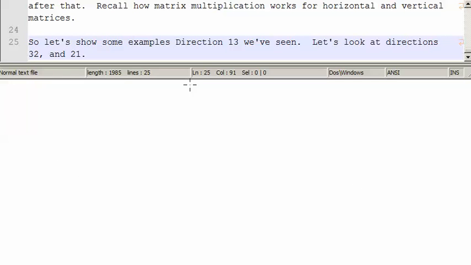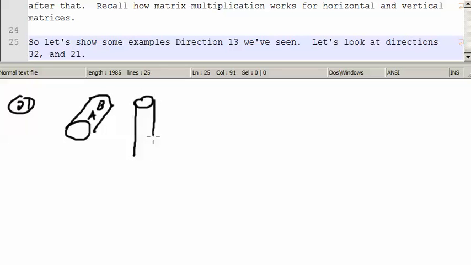2, 1 is direction 2, which is the forward direction. I'm just going to draw that with A, B times direction 1 is coming down, so times C, D, and it's going to give us something kind of like this